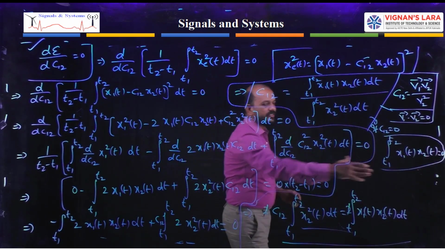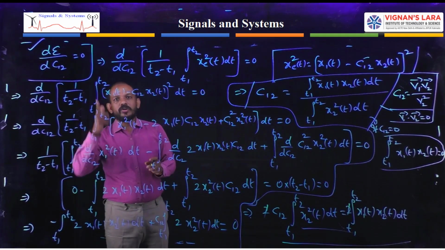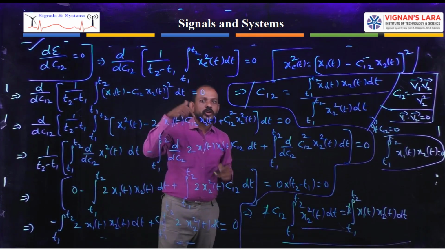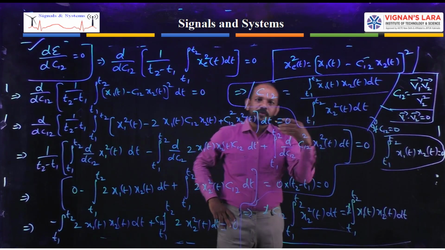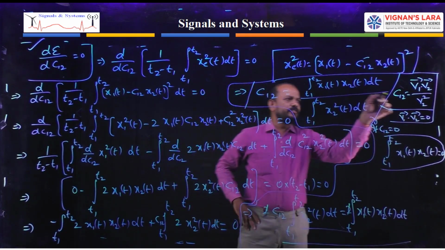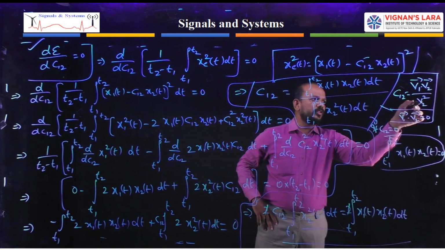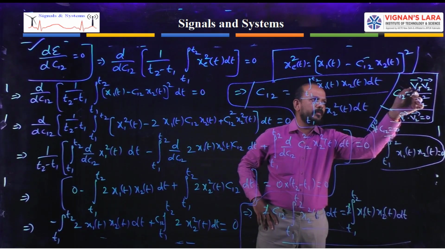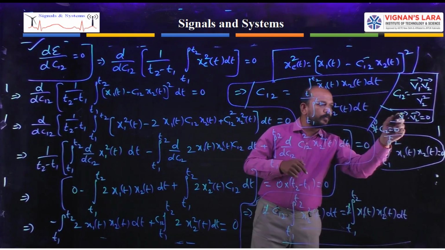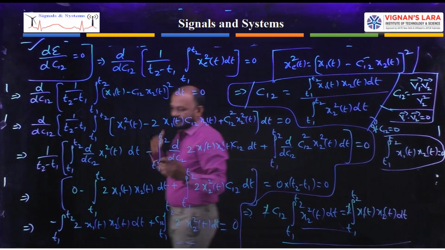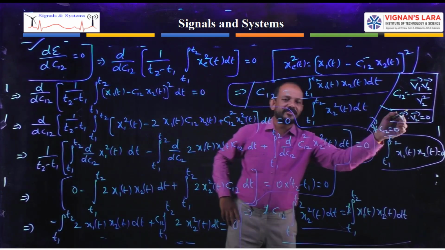From these two equations I can say that if the dot product of two vectors is 0, then the two vectors are orthogonal to each other. Why? Because if C12 is 0, the two vectors are orthogonal. I placed C12 equal to 0, V2 square into 0 is 0, so V1 bar dot V2 bar becomes 0. That is, for orthogonal vectors, the dot product of the two is zero. Or reverse it: if the dot product of two vectors is 0, then we can say the two vectors are